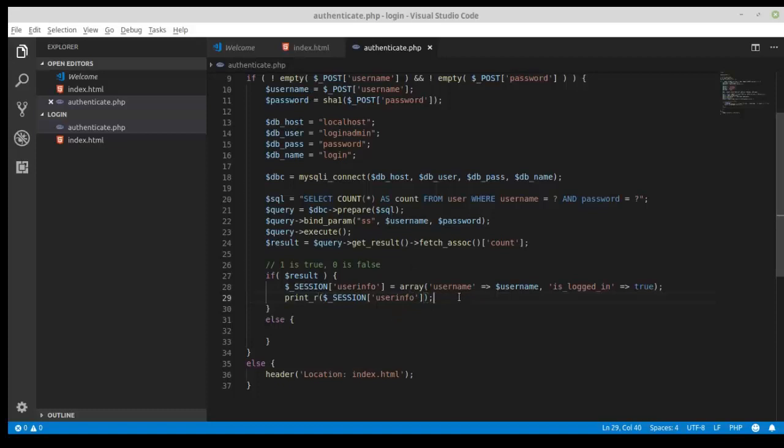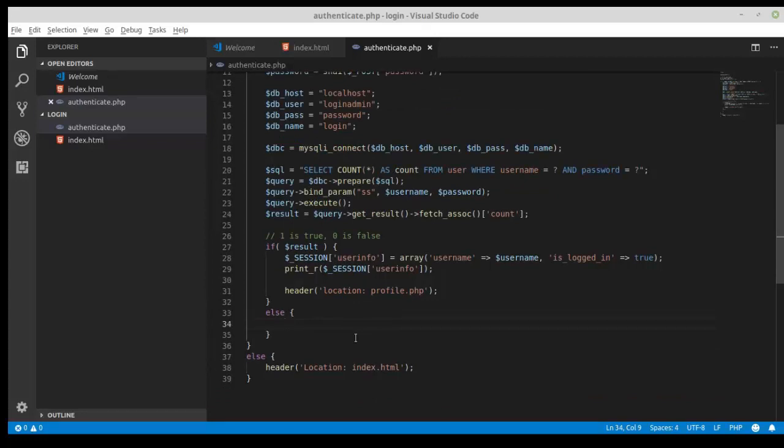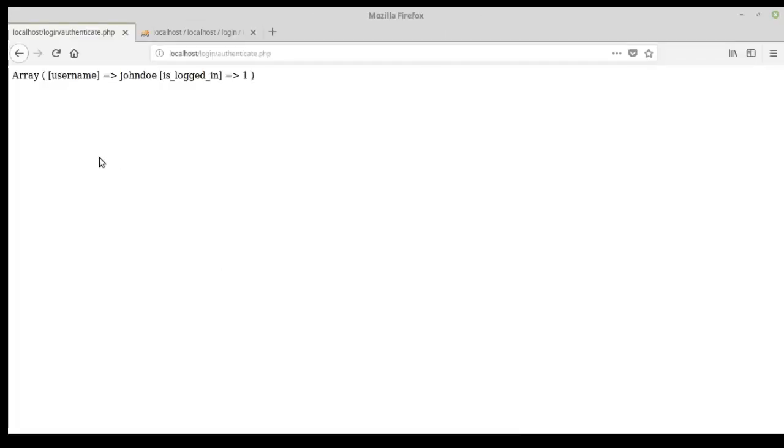So we have this, and we're going to use header location, that is, make a new file that is going to be our admin profile.php, and else if result equal to 0, false, we're going to use header location, that is index.html, this one. So reload our Mozilla Firefox,